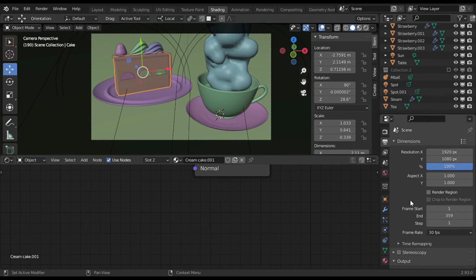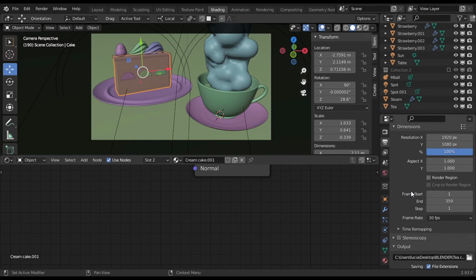I'm gonna render things separately because that will give us more control in compositing. I can lower or increase the exposure only in one element if I want to. Also, it gives us the possibility of digitally paint each object separately, and this way we'll have files that are lighter in weight. The steam first. I render all the 359 frames in this case.